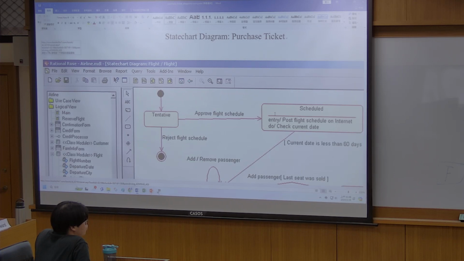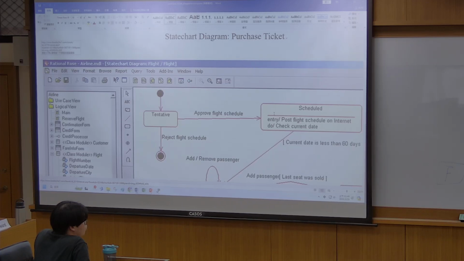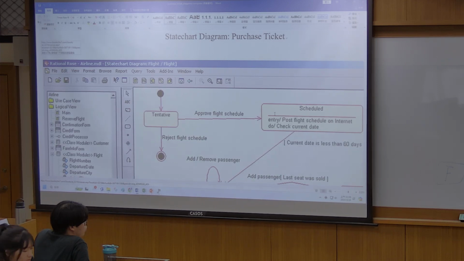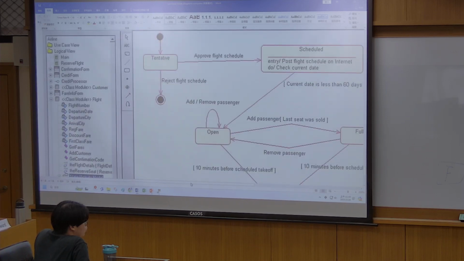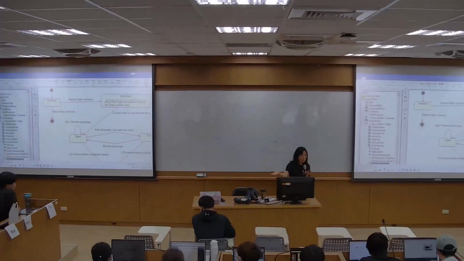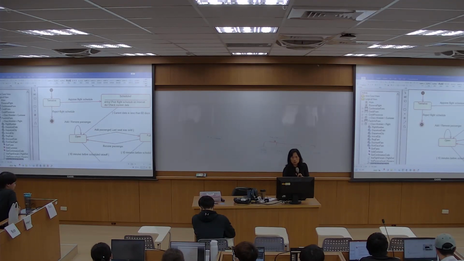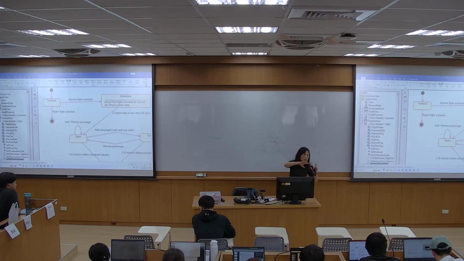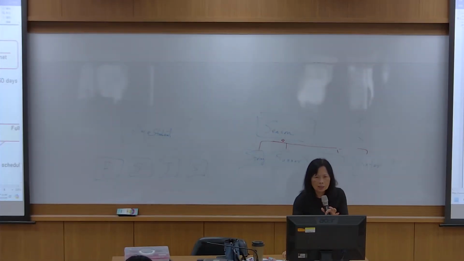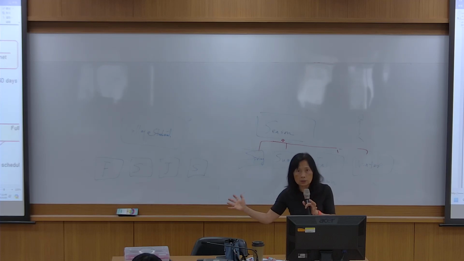So you need to think, is it a state or an object? So the object scheduled. When we say scheduled, then we know what it means, right? And then when it's scheduled, it's open for booking, right? So open, then booking until the last seat is sold. You can go full, right? And you can switch, so state can change, right? Not every state can change to other states.